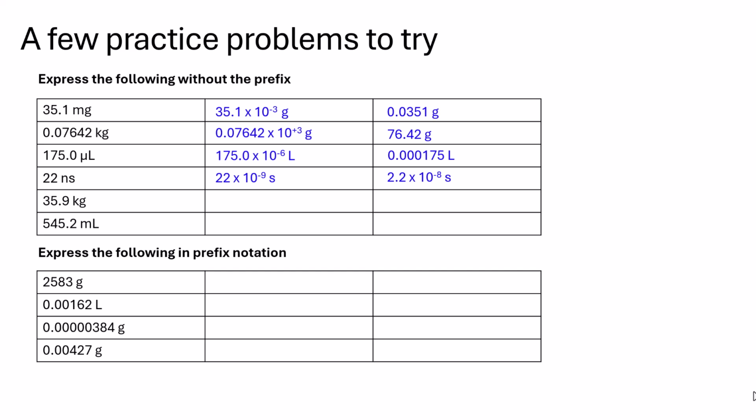35.9 kilograms. Go ahead, fill it in. 35.9 times 10 to the positive 3, or 3.4 times 10 to the plus 4th grams, or 3,400 grams. And then 545.2 milliliters. This would be 545.2 times 10 to the minus 3 liters. Just put in the times 10 to the minus 3. We get